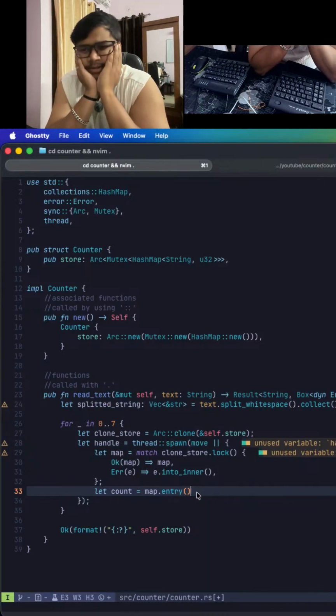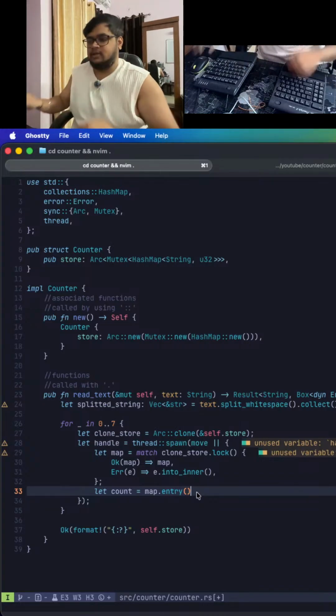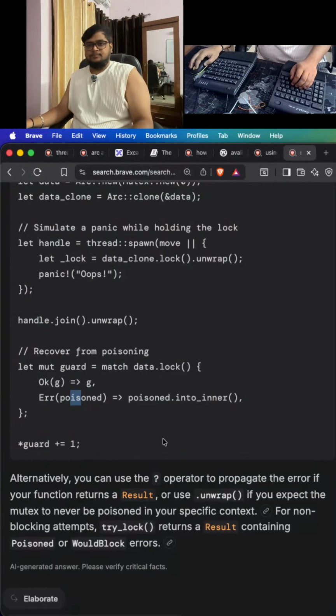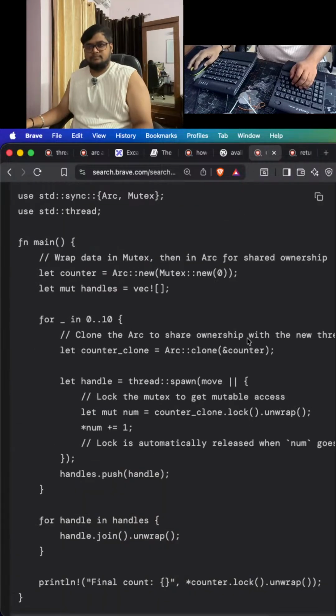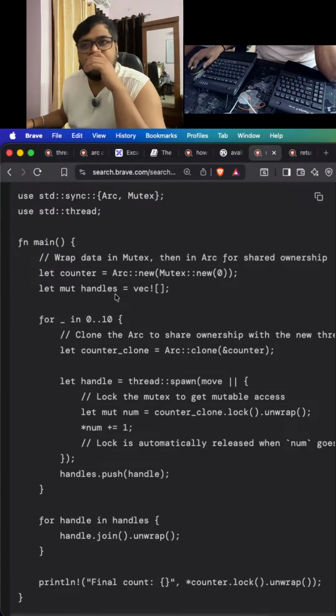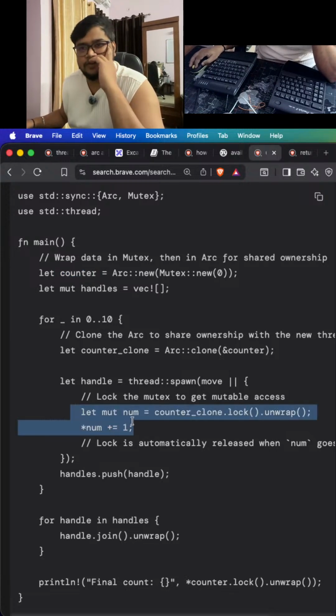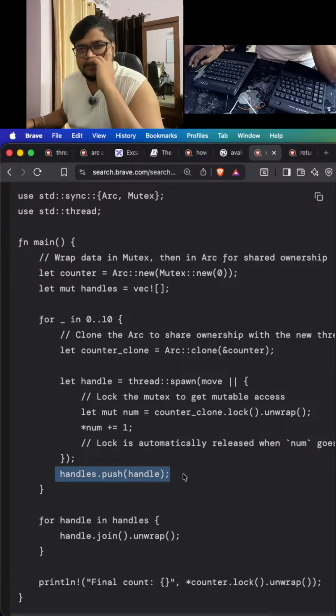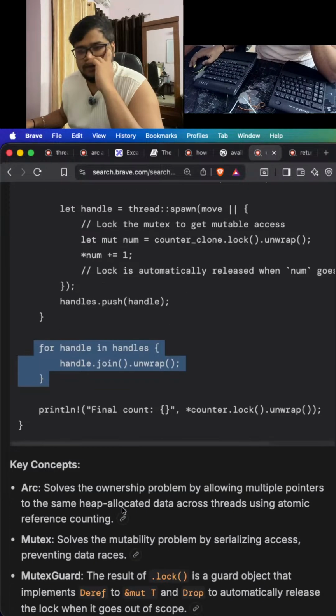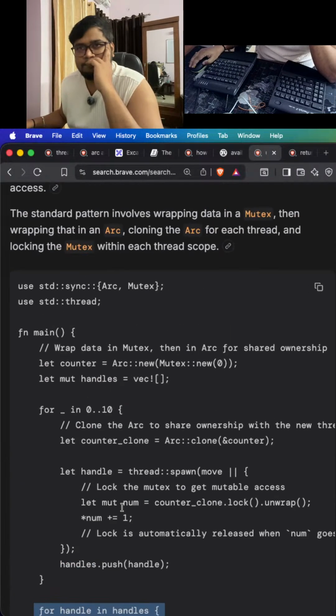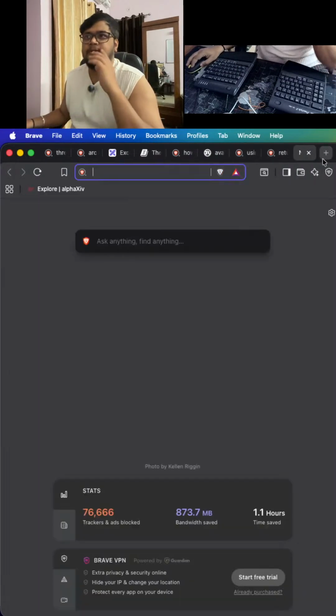Not even I can use. This is the wrong thing, I think. Here it's just incrementing the counter, so there is no issue with this thing, right? It just does this, it is automatically released, handle dot push, and so on. Maybe I can just say